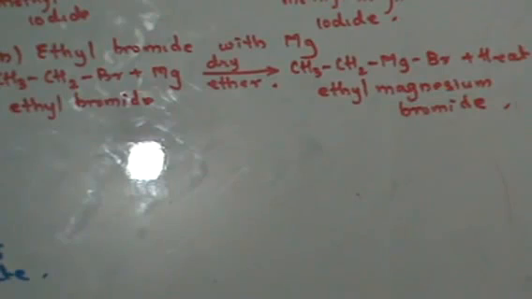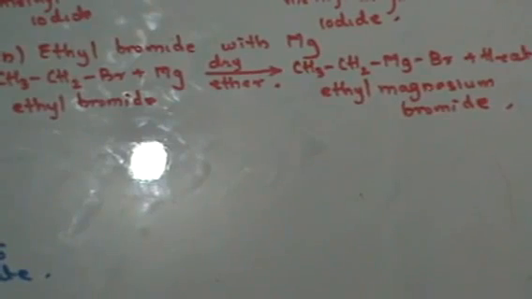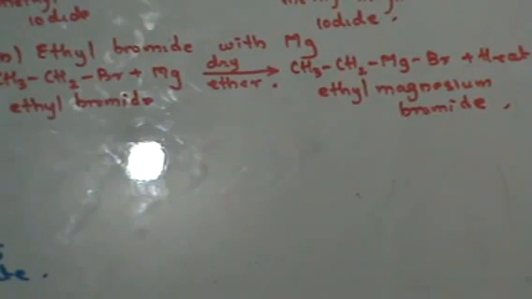Where do I use Grignard's reagent? Why am I studying about Grignard's reagent? It has a wide application in the preparation of different organic compounds. A large number of organic compounds can be prepared by using Grignard's reagent, for example alcohols, aldehydes, ketones, carboxylic acids. Most of these compounds can be easily prepared by using Grignard's reagent. What is the limitation of using a Grignard's reagent